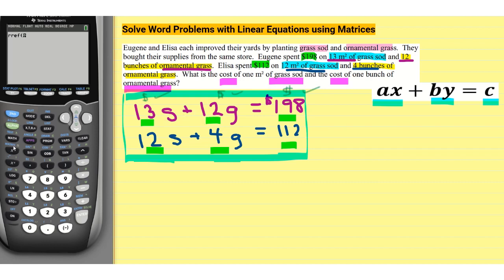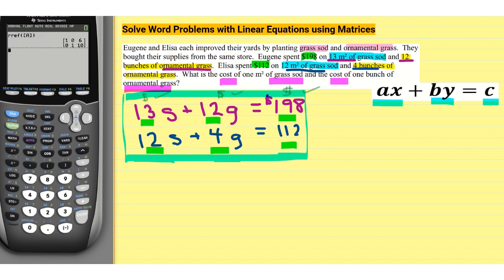So I'm going to do second matrix again, and I just put my information in the A matrix, so it's already highlighting number 1, A. I'm going to push enter to choose that matrix, close my parentheses, push enter,